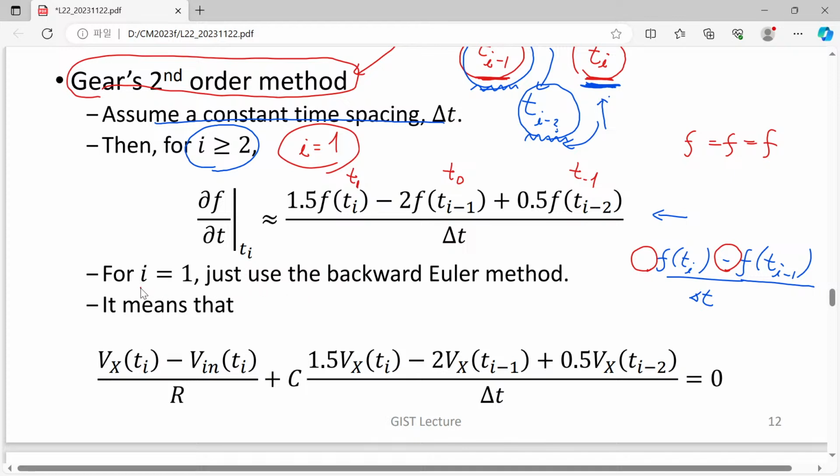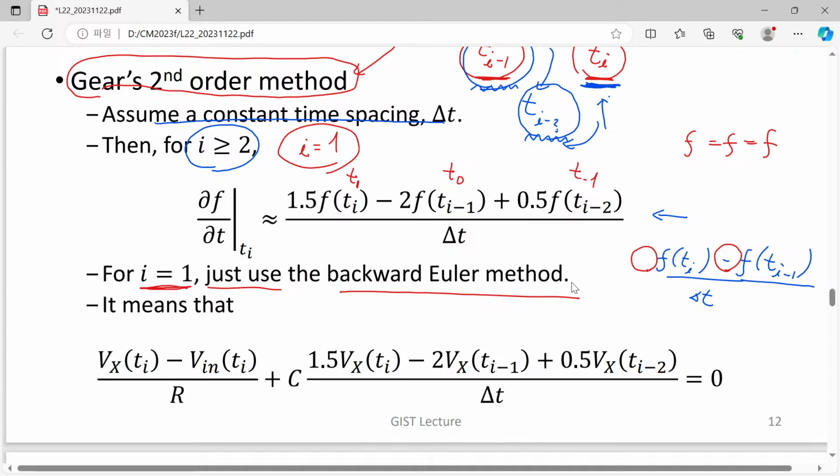So for this very initial point, the trick is just to use the backward Euler scheme to initiate the problem. Once you prepare the t0 and t1 values, from t2 you can consider t2, t1, t0 to calculate the Gear's second order